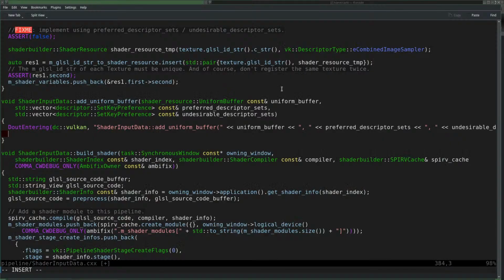Implementing this function. Somewhere I need a map from a set key to a set index, and I already have that. And it is called set